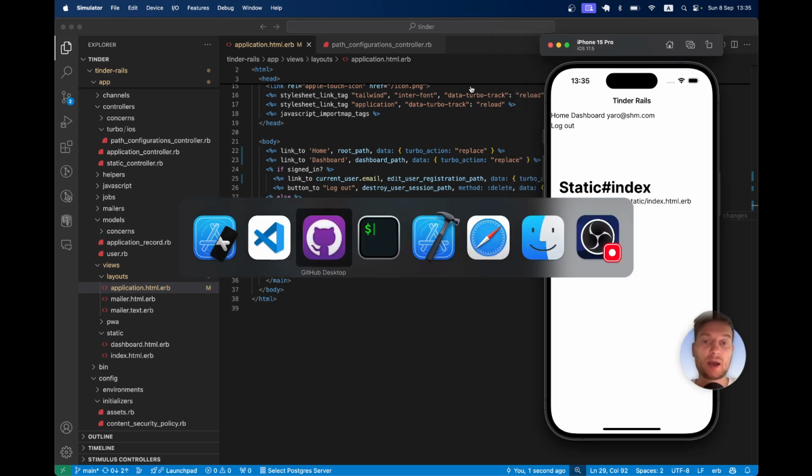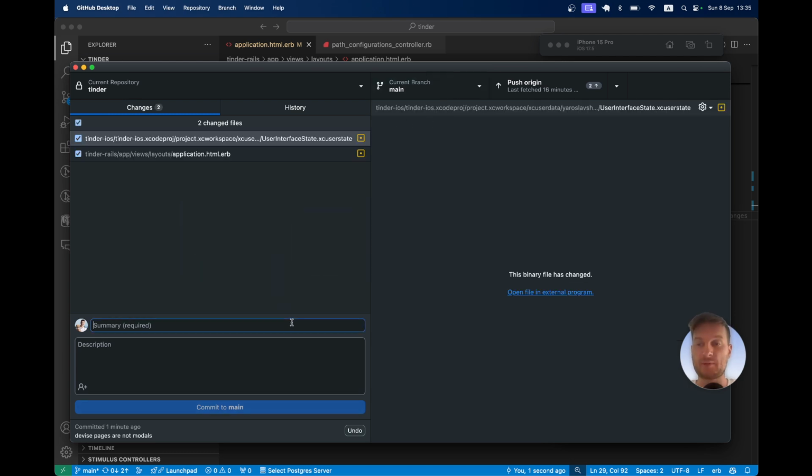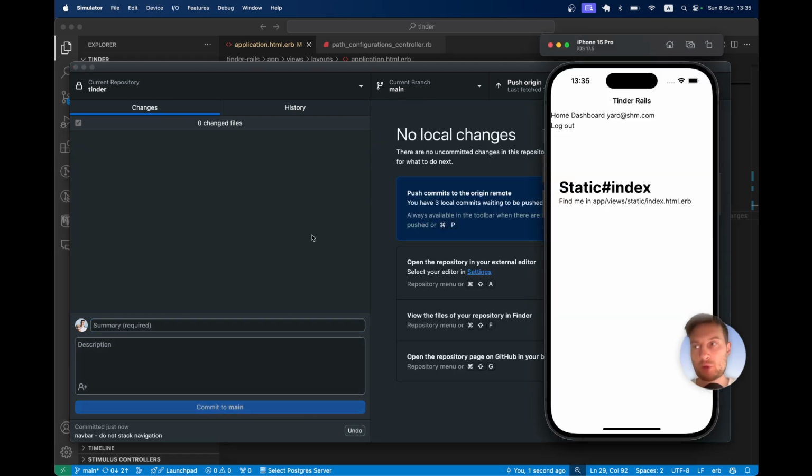Okay, let's save our changes. Navbar, do not stack navigation. Okay, looks quite good. Now let's try signing out,